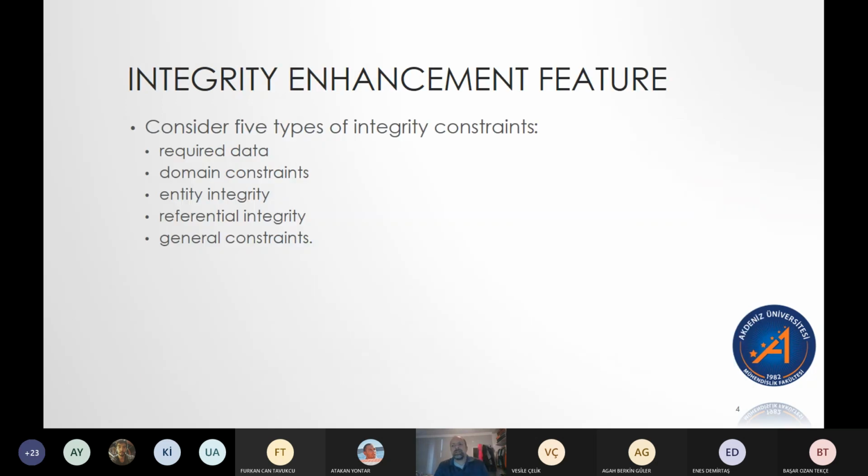Now we're going to consider 5 types of what's called integrity constraints. These are constraints, requirements that we could put, we don't have to, on every piece of data, but it's going to be a requirement that we'll put on a column,